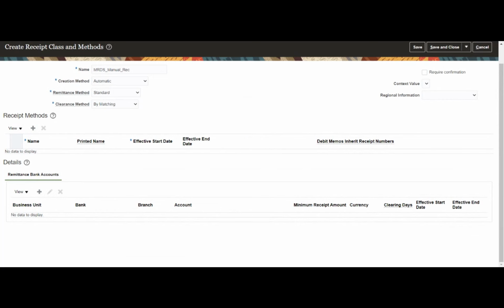This could be a receipt that is created automatically, or even a manual source receipt. When the receipt is matched with the transaction, that is when I will know that yes, this transaction is cleared. So here we are defining how we want to clear the transaction that we have entered in the system.